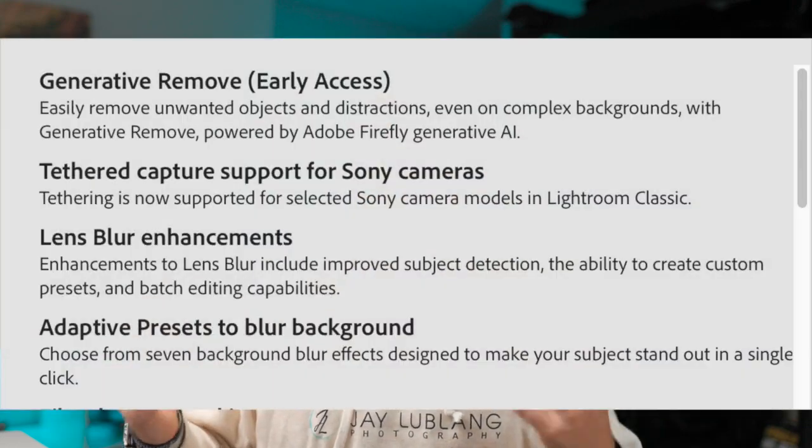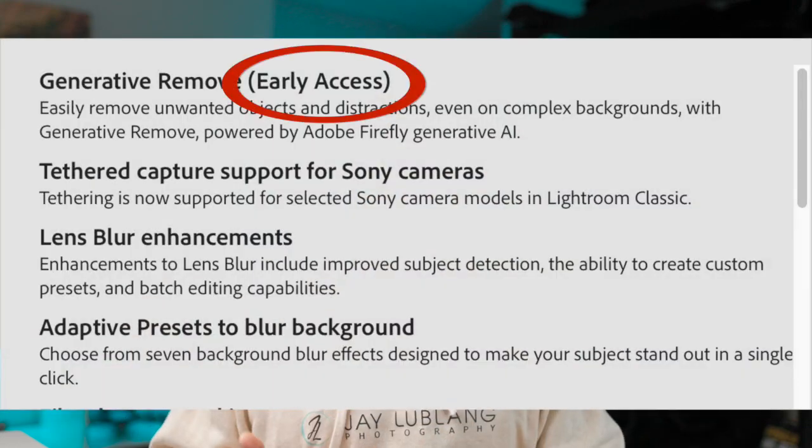Lightroom just released a new update which brings some really powerful features from Photoshop over into Lightroom. And the biggest, most important one that everybody's super excited about is the Generative Remove. Now it's still in early access, and when you update Lightroom to 13.3, it tells you right there in the beginning that it's early access, which means it's not fully there yet, but they're letting you test it out. See how you like it, see if there's any bugs, you can report it back to Adobe and help them